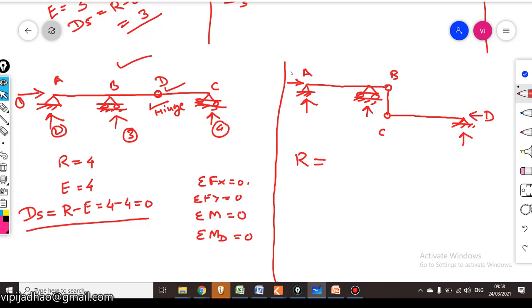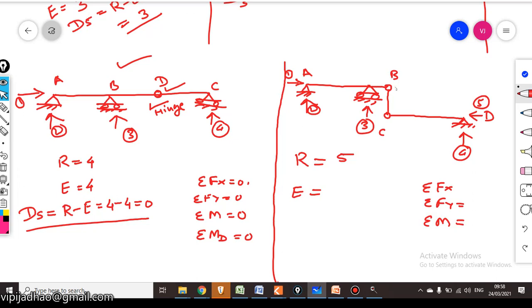So the total number of unknown reactions will be 1, 2, 3, 4 and 5. So the total number of unknown reactions is 5. Whereas the total number of equations of equilibrium: we have summation of forces in x direction equal to 0, summation of forces in y direction equal to 0, summation of moment about any point equal to 0, and in addition to that